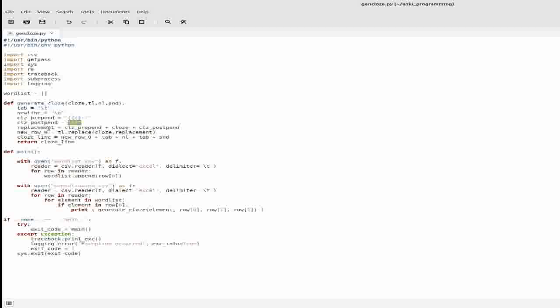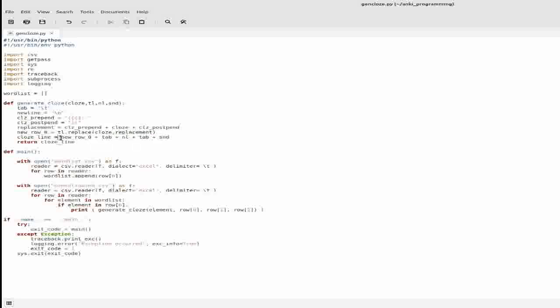And so basically I create the replacement because I put the prepend, then I put the verb that I've searched for and found, and then I put the postpend, I'm calling it, to basically just finish the wrapper. And then it generates a new row where I replace the word I searched for with this replacement,